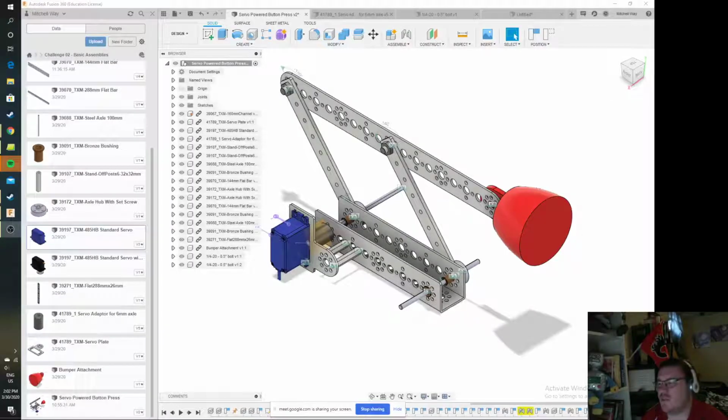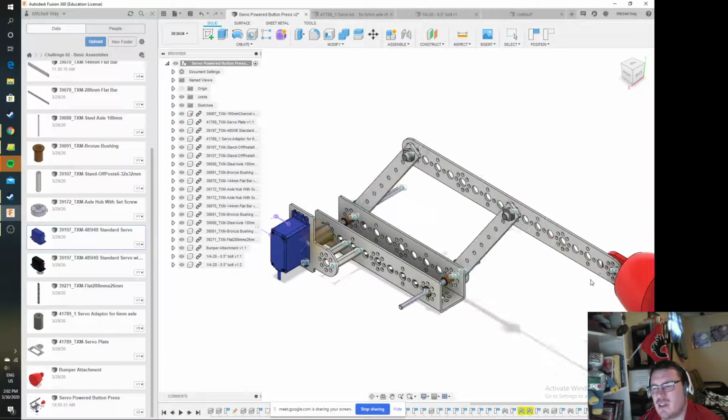All right, welcome to week 2 of the FTC Alberta CAD challenges. This week we're going to try to make something that's going to push a button, make it really simple. I feel like the thing that you see on screen right now is a bit of an overcomplicated version of it. But the hope is that we're going to go through a few tools that you'll find somewhat useful,